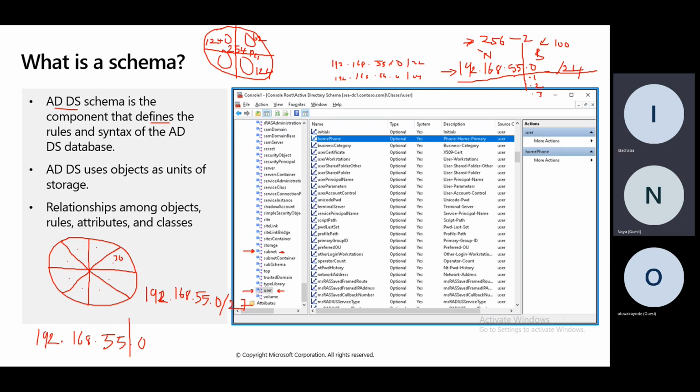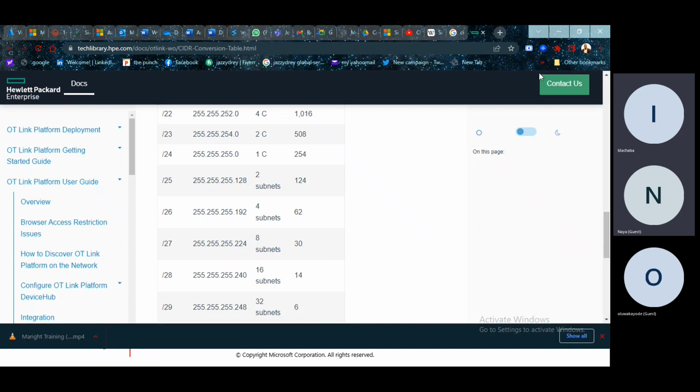So the next thing you need to do is to break your network, which is 192.168.55, because you know it's a private IP within the organization. You break it down. So now you have 8 departments. The best way of breaking it down is to use slash 27, because when you use it, it will break it down to 8 subnets, like your 8 departments, and each subnet can contain 30 computers. Do you understand what I'm trying to say?